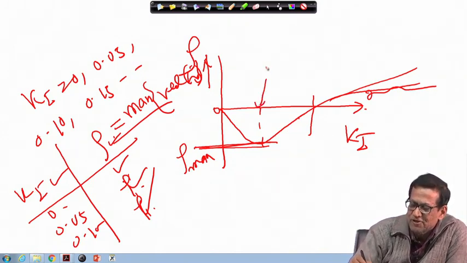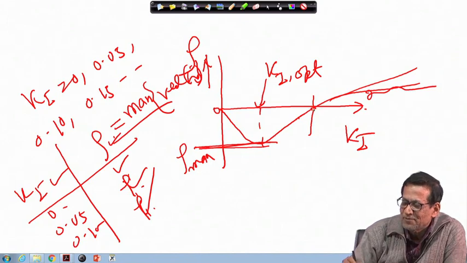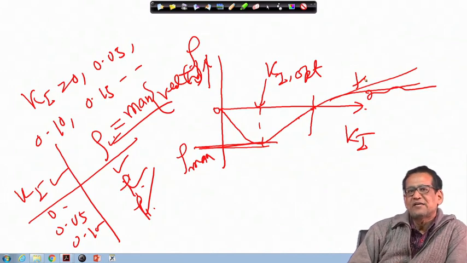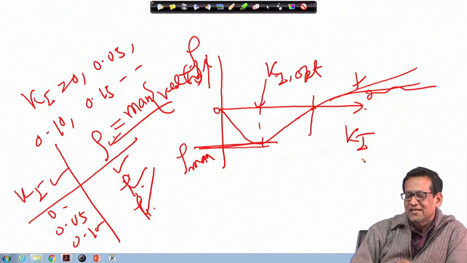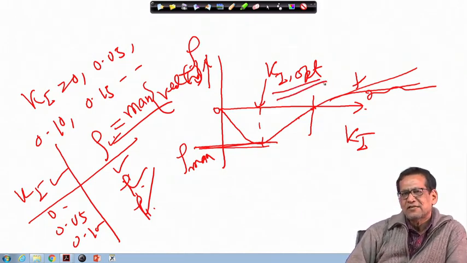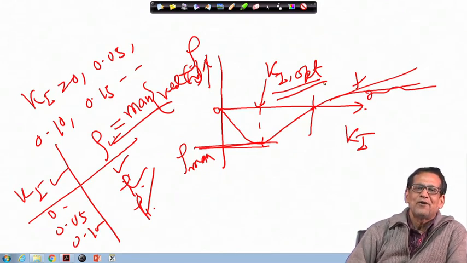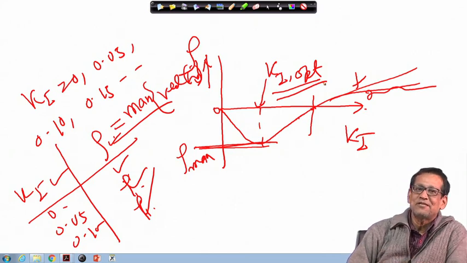So, this value we call the optimum value of Ki, the most critical value of Ki. Beyond that it will become unstable, because the eigenvalue will move to the right half of the S plane. So, from this rho versus Ki plot you will get your optimum value of Ki. But it does not mean that it will give you the best response; it is one way to find out the optimum value of Ki, using degree of stability.